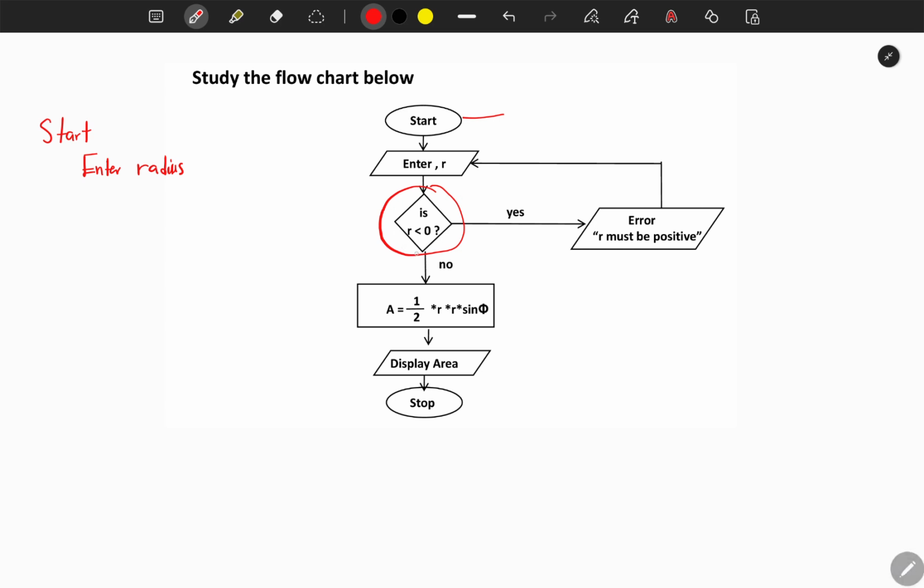What does this diamond tell you? This is a decision box. This is where we make a decision. That's why you can say yes or no. So here you make a decision. It's like, where do you go? You choose based on what you've entered. So here we are going to say, all right, since it's like this, we are going to say if,